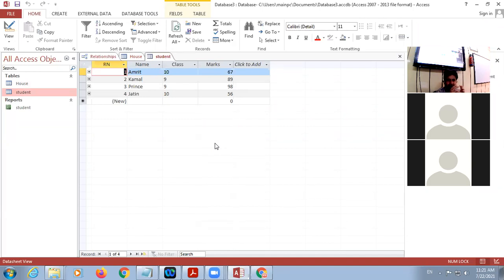The first table, the main table, is called the master table, and the second table is called the child table. It means the child table is totally dependent on the master table. If we delete the data from the master table, it automatically deletes the data from the child table. And if we insert data in the child table, we will have to insert the data first in the master table. So this is called your relationship.